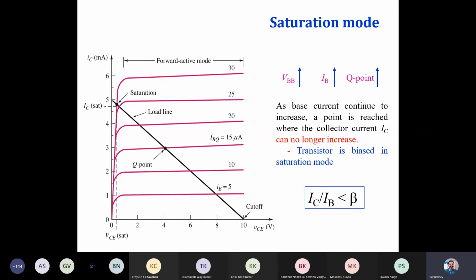I also discussed along with this example that when VCE becomes less than VB on, that means the transistor is in saturation mode. If the saturation voltage is given in the numerical exercise, then we can obtain a new beta that would support the circuit being in active mode. The new value of beta, we can call it beta forced or beta new. So we can simply find out IC in saturation.